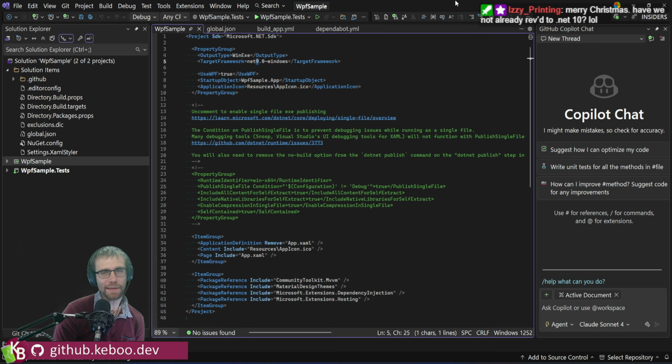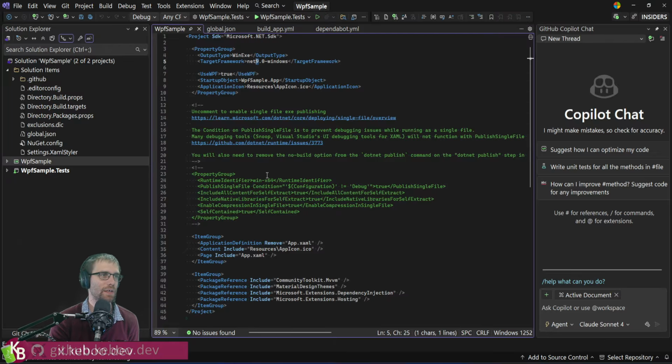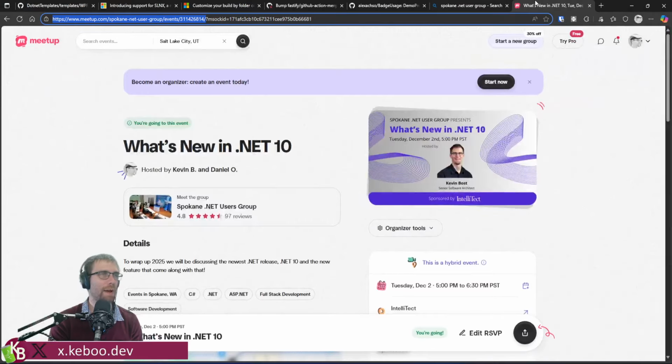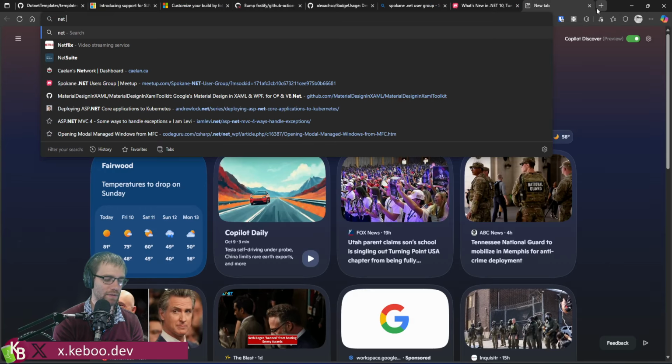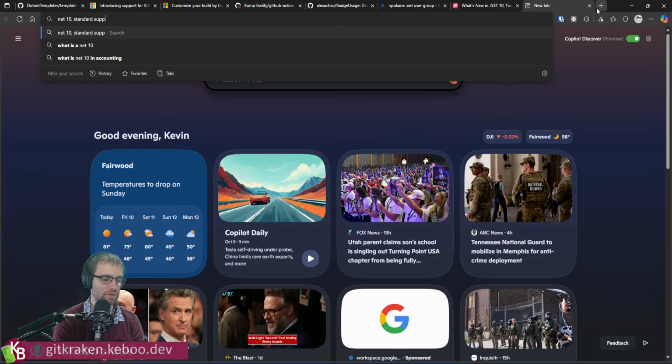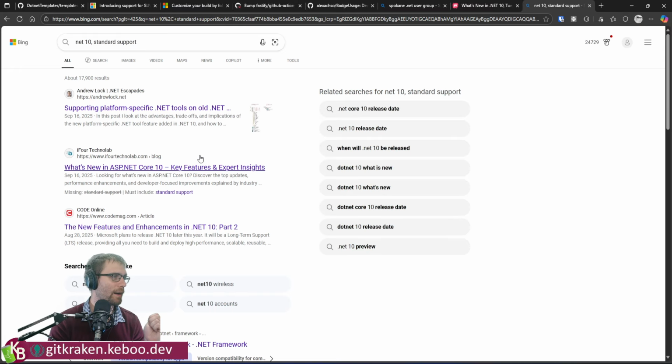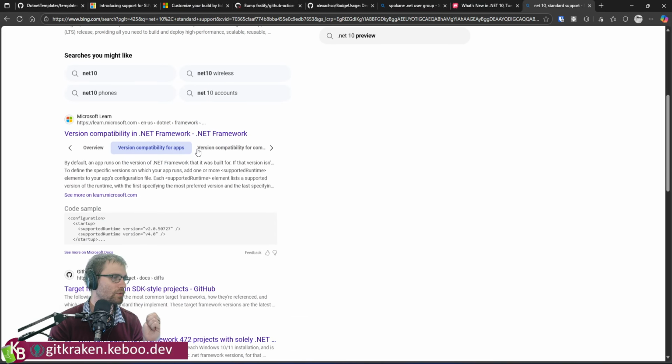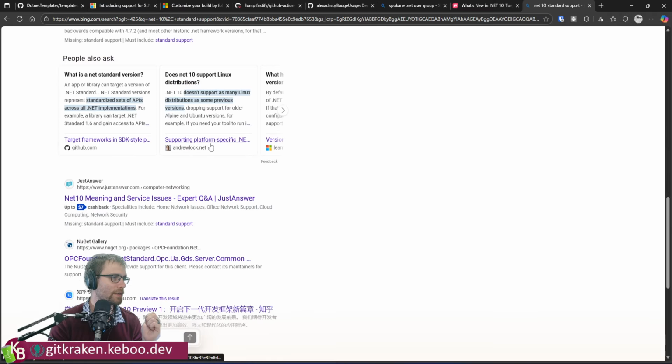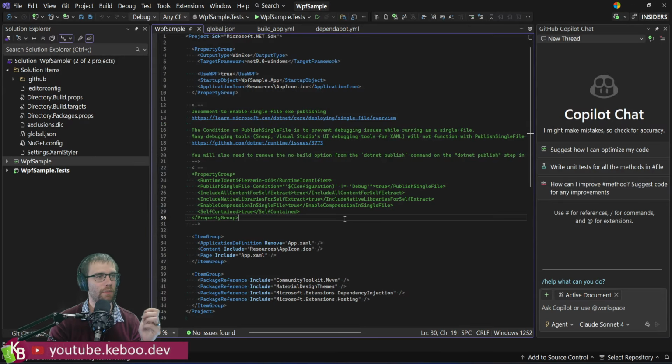I mean, I have the preview SDK installed because I'm running Visual Studio Insiders. Works great. The other thing I'll point out for people, Microsoft did something really cool. Let's see, .NET 10 standard support. They added a... where is it? I'll have to hunt the link down. They offered, what did they call it? Like a production support for .NET 10